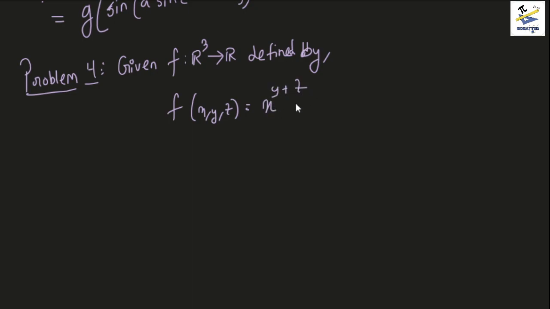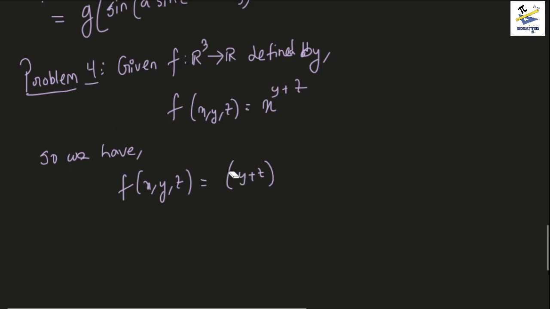X to the power y plus z. So we have f of x comma y comma z equals x to the power y plus z. Basically we need to write this whole thing in exponential form, so there won't be much space left if I were to do it there. So let us write it like this: exponential composition of